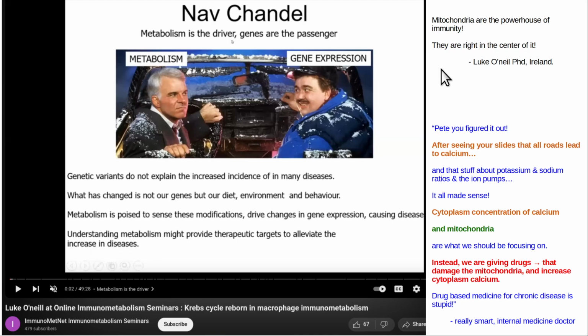And I had an internal medicine doctor say to me recently, "Pete, you figured it out, the secret of health." After seeing your slides, that all roads lead to calcium, and that stuff about potassium and sodium ratios and the ion pumps related to potassium, sodium, and calcium, it all made sense. Cytoplasm concentration of calcium, what turns a cell on or off, and mitochondria production of ATP are what we should be focusing on. Instead, we're given drugs that damage the mitochondria and that increase cytoplasm calcium. Drug-based medicine for chronic disease, it's stupid. Okay, so I show you that